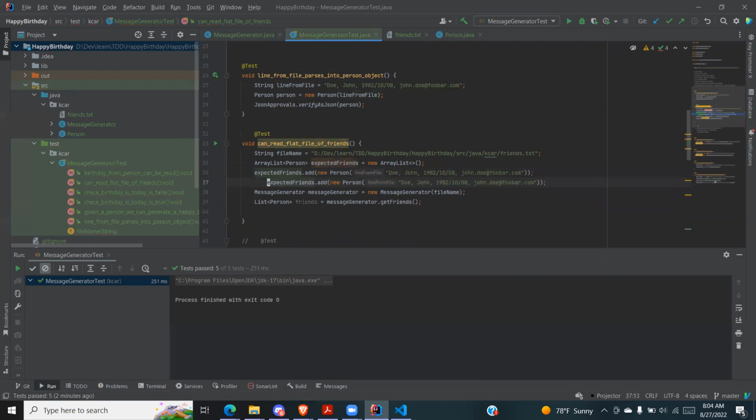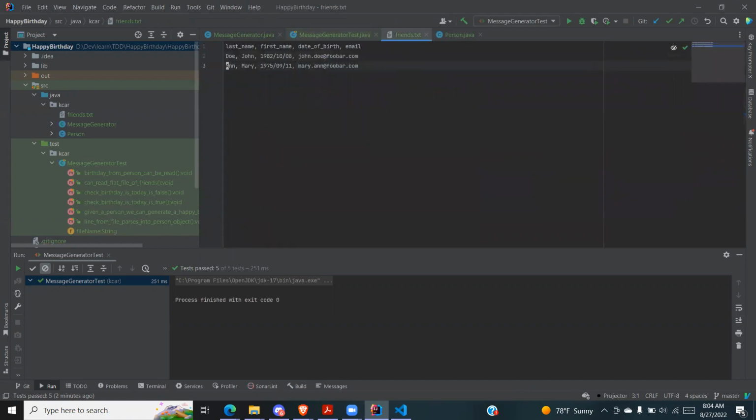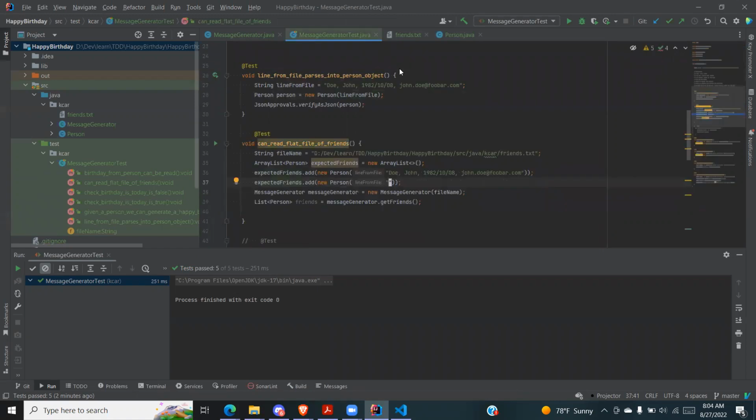And then we'll get this one. That in there. So we've got these two people, and we'll read the file, and we expect the friends to be the same. So what we'll do is we'll say JSON approvals, and that will be